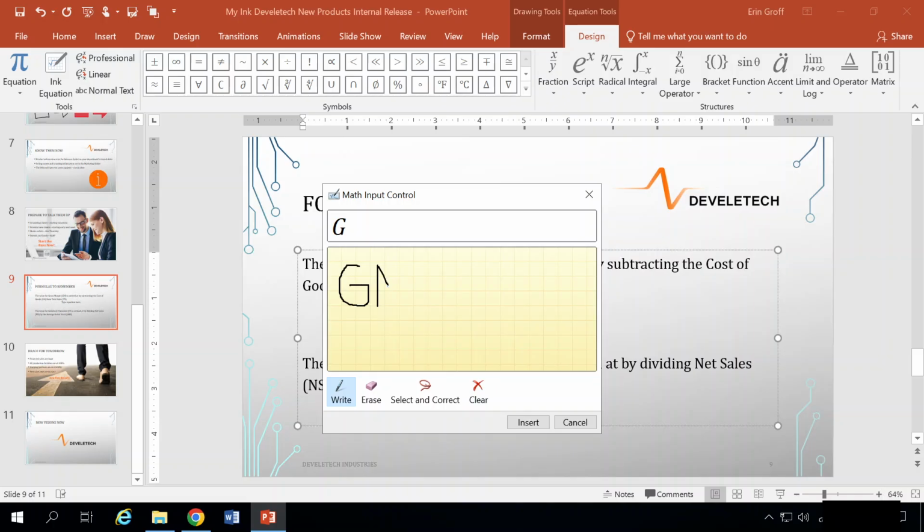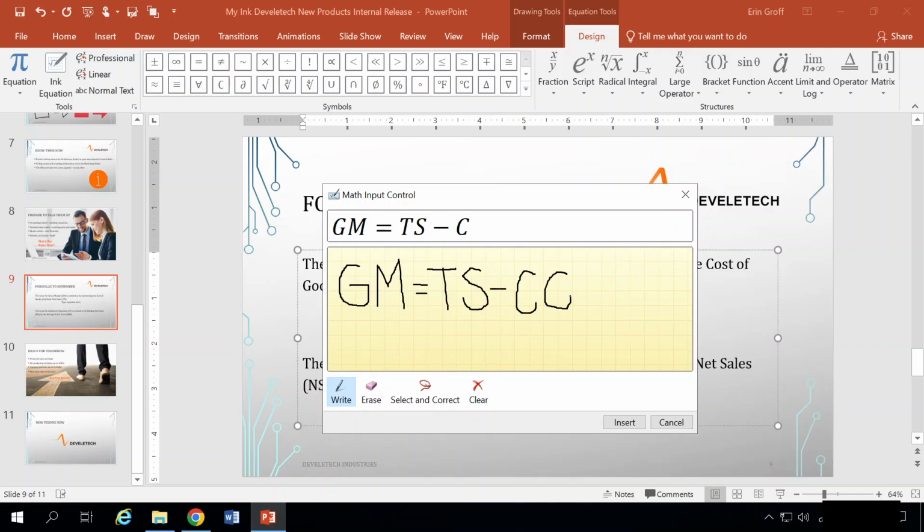GM equals T. You can see it's updating as I'm adding more lines. And we have S minus C and G. Now you can go through, and if you need to make corrections, if it didn't match up correctly, just